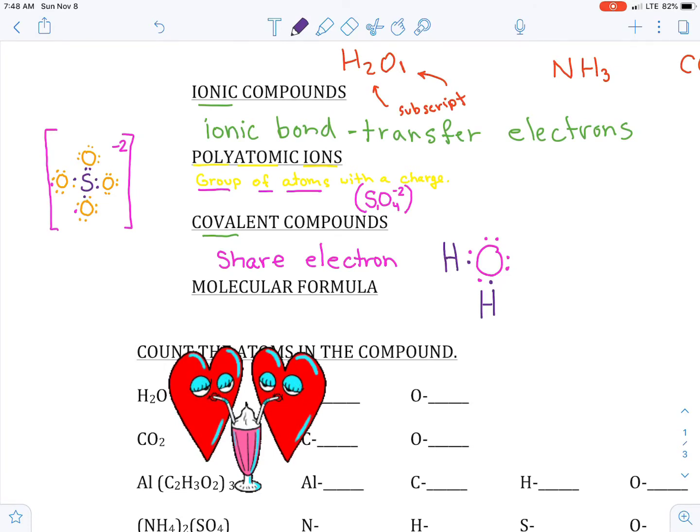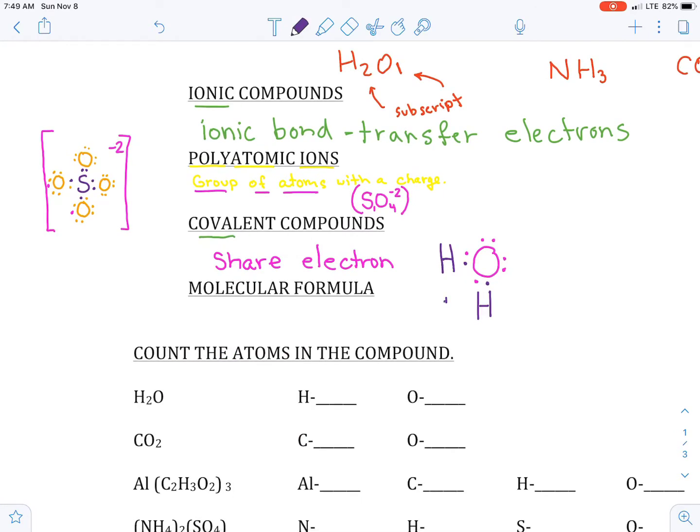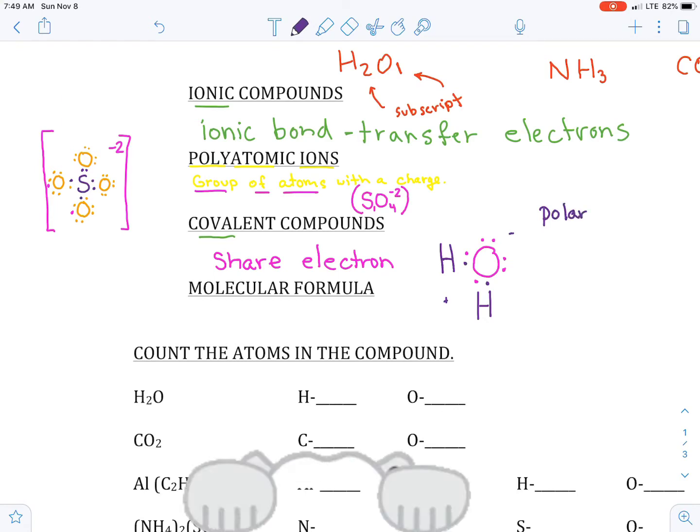Now on water here, the hydrogen and the oxygen are battling for those electrons, but oxygen's much tougher, much stronger. So really, the electrons are going to spend more time around that oxygen, making it have a little tiny negative charge on one side, not a full charge, and just a little positive on the other side. And we call that polar. Polar is when they have, we'll say, a covalent bond